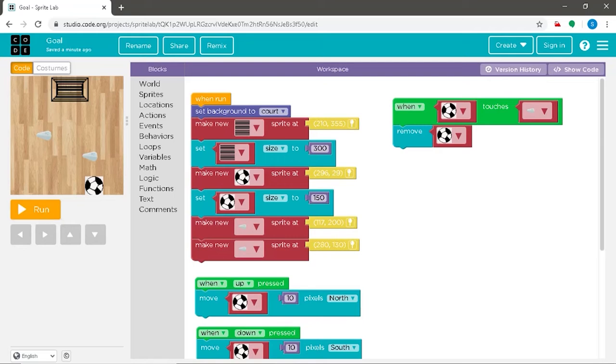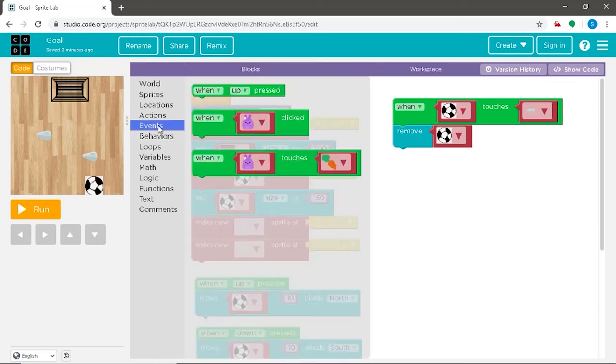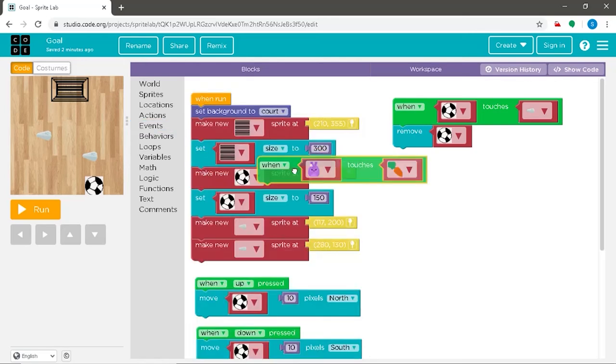Now we will focus on the fourth objective, where when the football makes a goal, the word goal should be broadcasted on the screen along with a sound effect, and the football should be removed and should be able to get on to the next start of the game for the next round. For this, we will go on to the event section, drag the when touches button